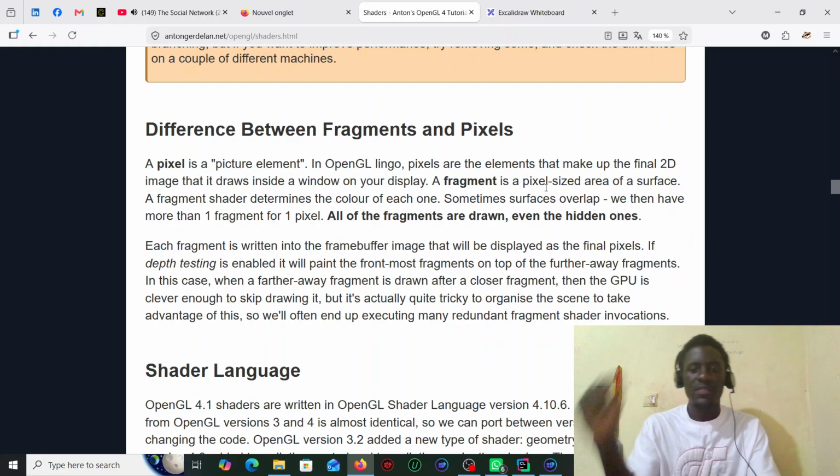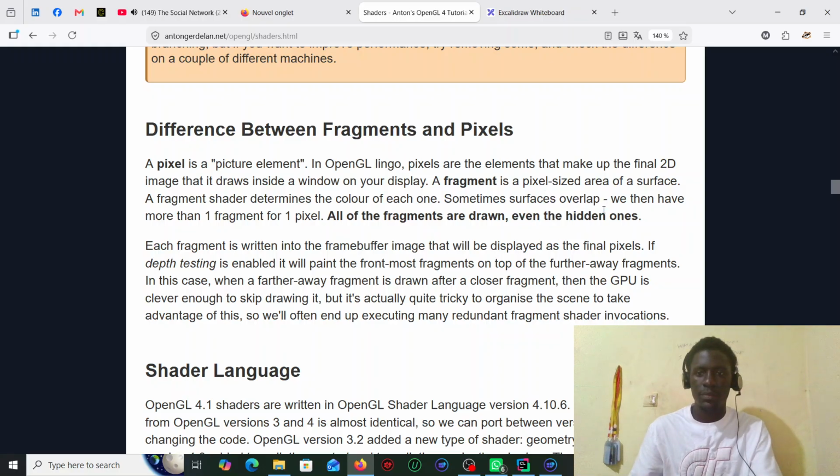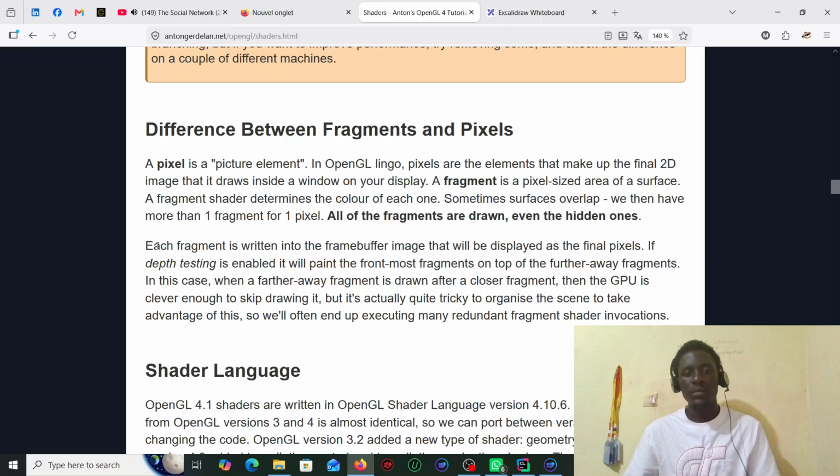All of the fragments are drawn, even the hidden ones. Each fragment is written into the fragment buffer image that will be displayed as the final pixel. If depth testing is enabled, it will draw the frontmost fragment on top of the further away fragments. In this case, when a farther away fragment is drawn after a closer fragment, the GPU is clever enough to skip drawing it, but it's